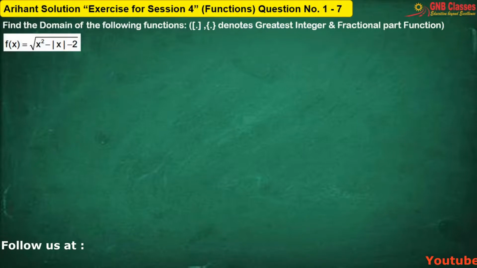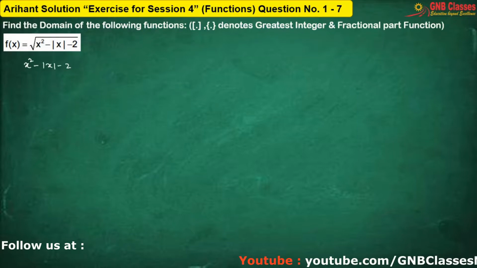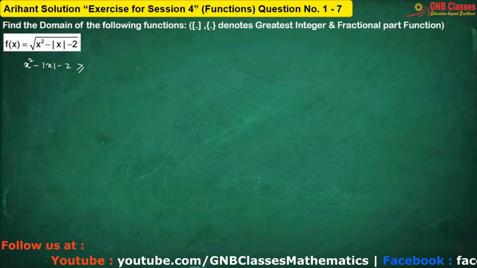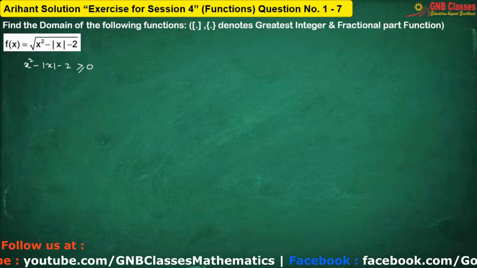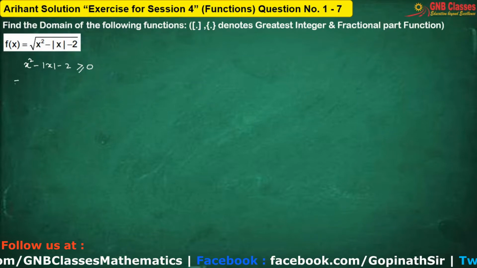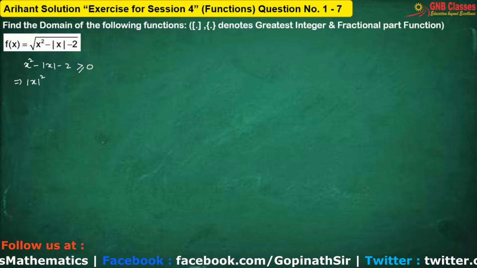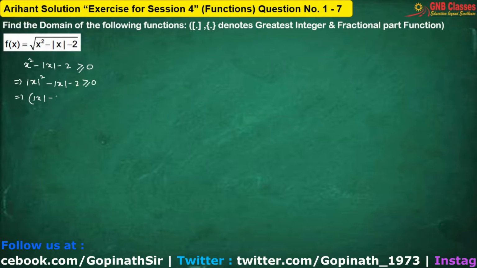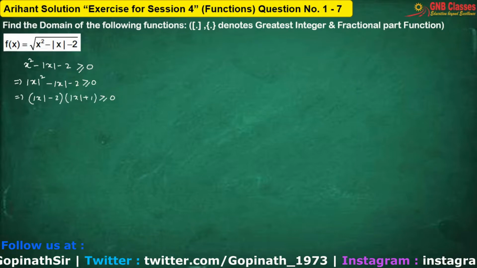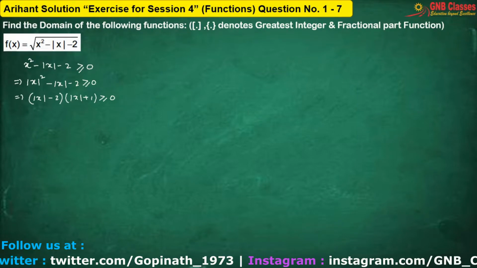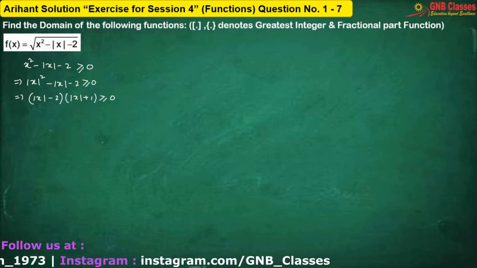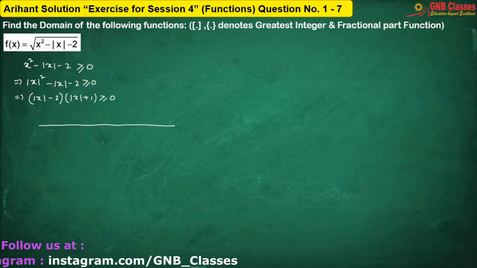In this problem, to define the function, we must write, since this expression is within the root sign, it has to be greater than or equal to 0 to define the function. So from here, x square can also be written as mod x whole square. Is it clear? After factorizing, we are getting (mod x minus 2) into (mod x plus 1) is greater than or equal to 0. So now from the number line we can get